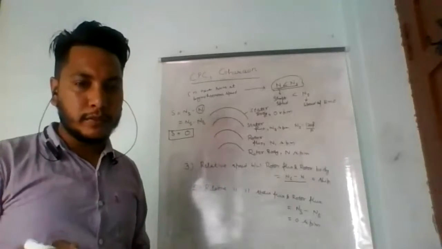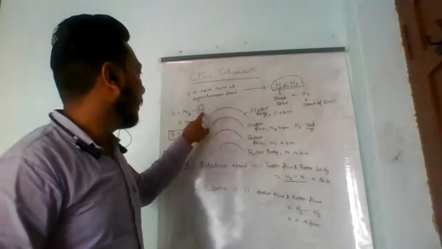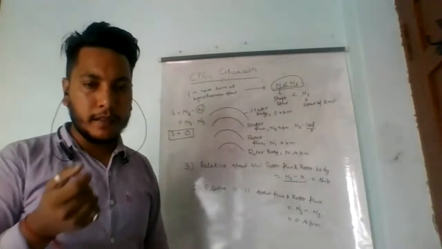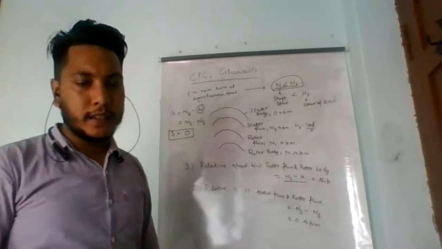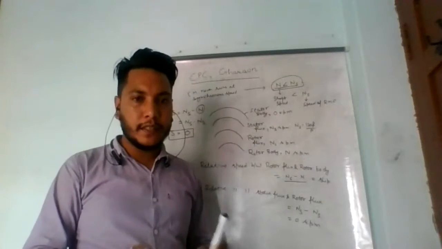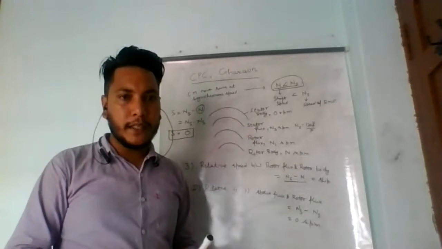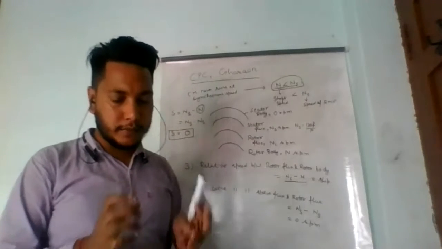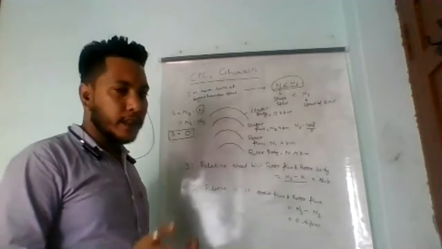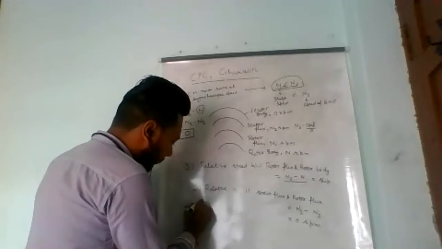If the induction motor runs at synchronous speed, the motor speed falls slightly below this synchronous speed, that is N speed. The magnetic field of the stator cuts the rotor magnetic field, and due to the interaction between the stator magnetic field and the rotor magnetic field, a torque is induced in the motor.